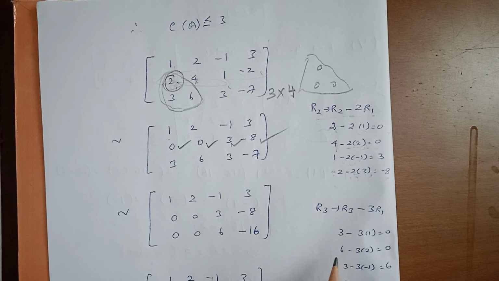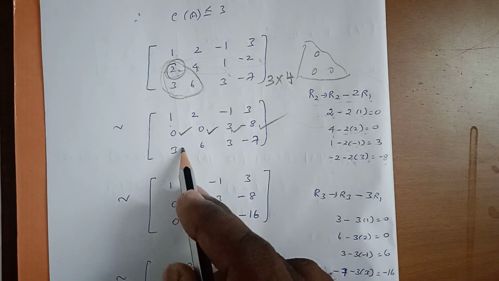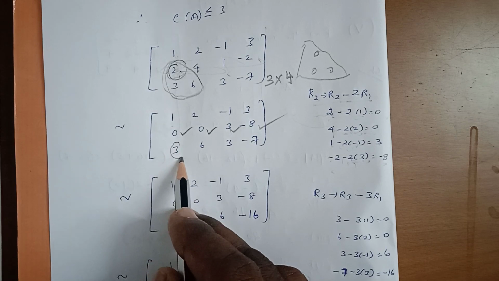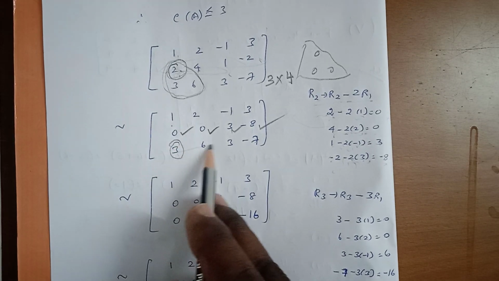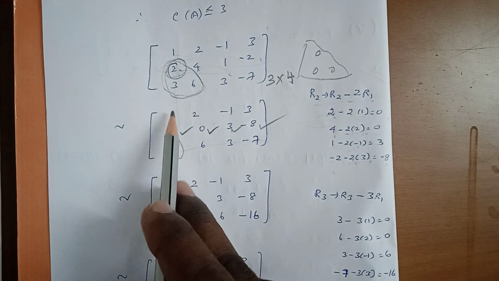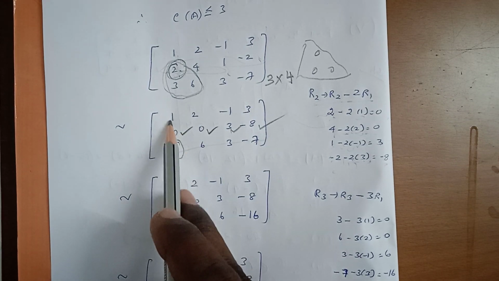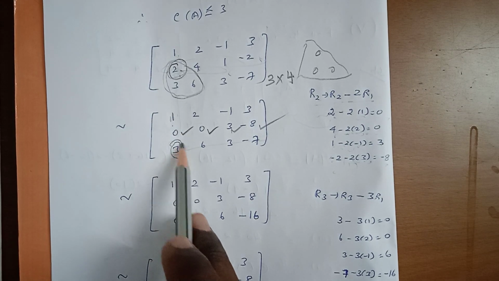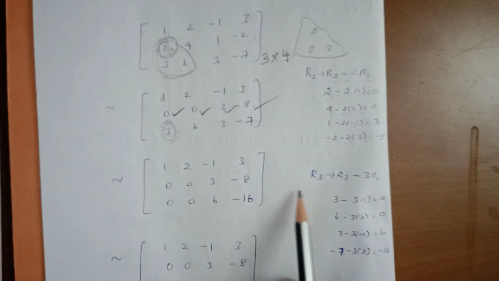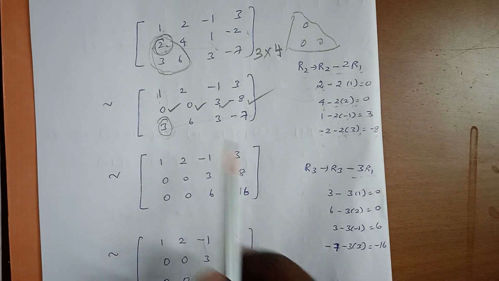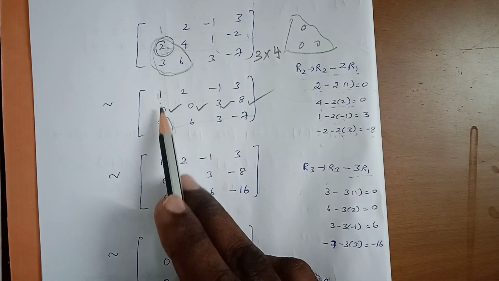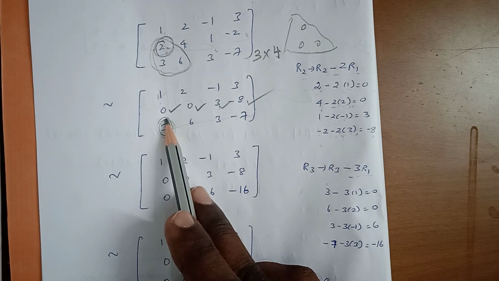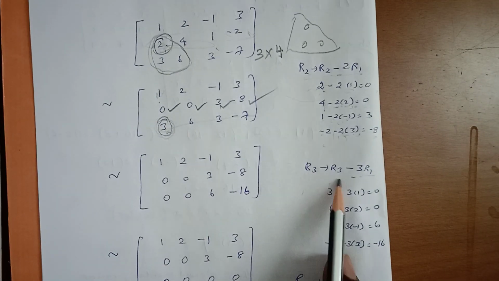Okay. So that is the first calculation. Again we try to make this one become 0. In this, the third row is compared with the first row. The first value is 1, no problem. So the formula is R3 tends to R3 minus 3R1. Automatically this term becomes 0.